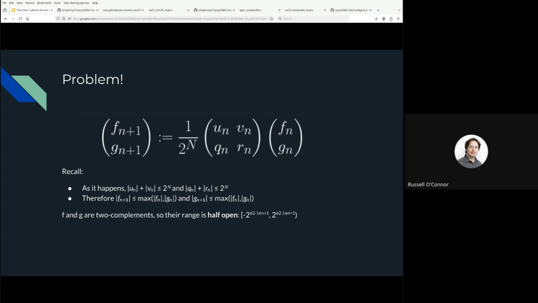And here's the issue I run into, which is that we said that the absolute value of f and g is bounded by the maximum values of the f and g from the previous iteration, right? And f and g in the signed 62 format are basically the same as two's complement integers. And if you recall your computer science, right, when you have two's complement integers,